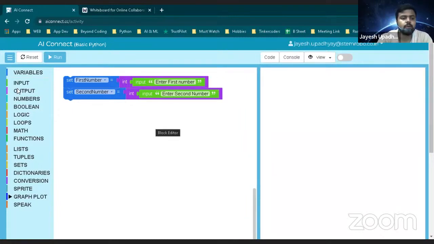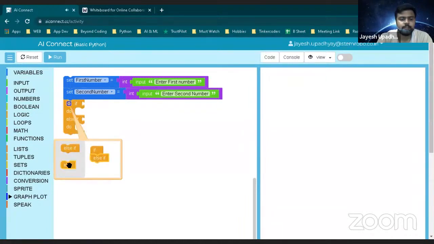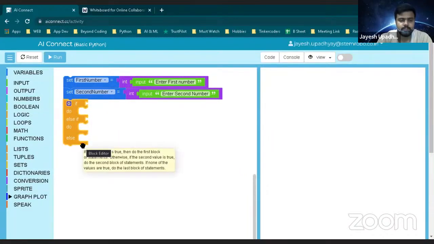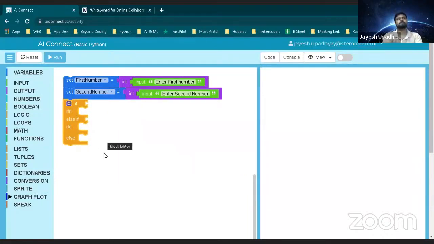Okay. Now what I will do, I will go to the logic and I will click on this one, add the elif. Basically, I want to create a nested condition, nested if and else condition. So whenever I say nested, basically you can think like this: inside one loop, I'm adding one more loop. Inside that if condition, I'm adding one more if condition. So like that, to create a nest kind of thing. With this way, you can add multiple conditions. And I have the multiple conditions. So let's just do it.